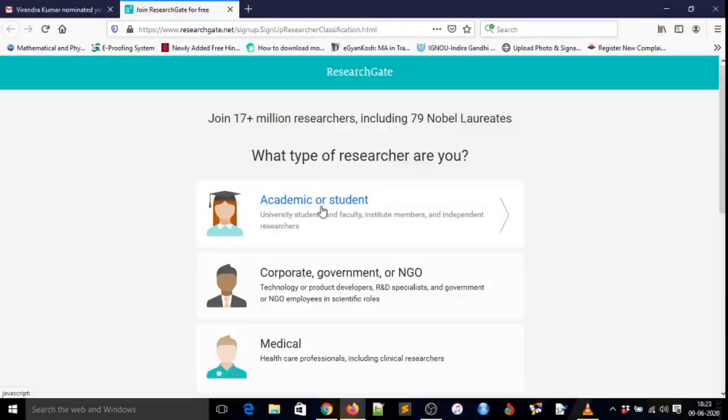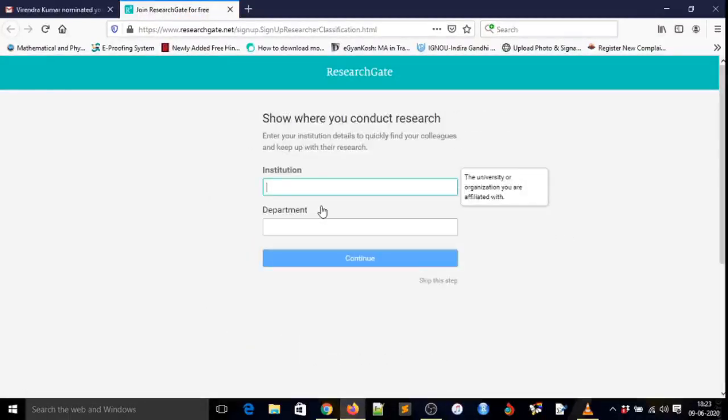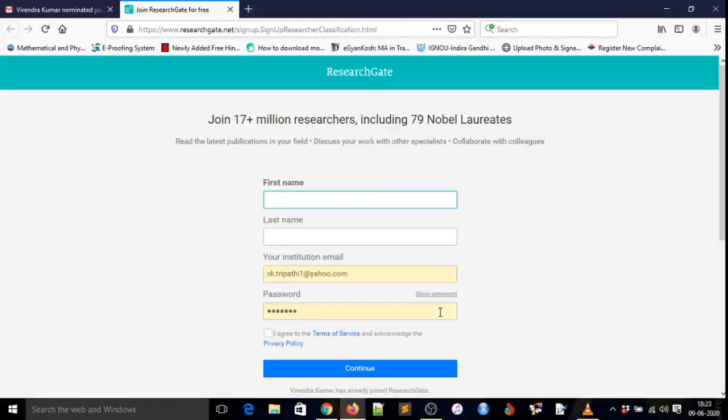Then click on academic or student. Fill in the details, institution and department name. I'm just skipping this step here, and then the first name.